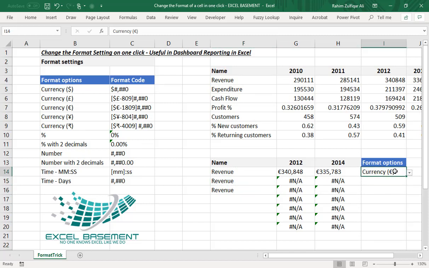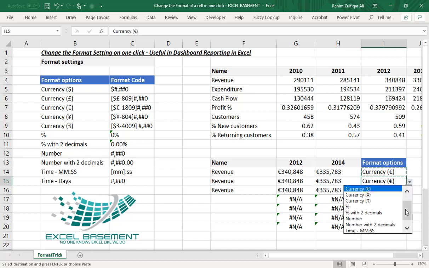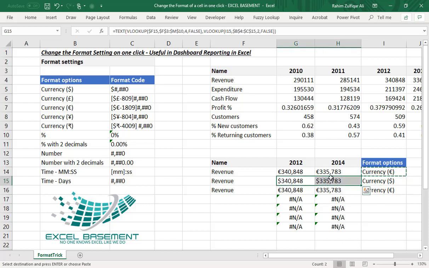And let me just copy and paste the format options also here. So for example, if I want to see the revenue with a $ sign, I can just select it. I can see that on one click it changes to the $ sign.